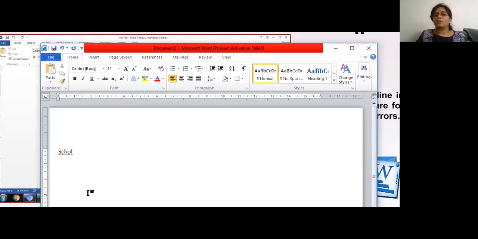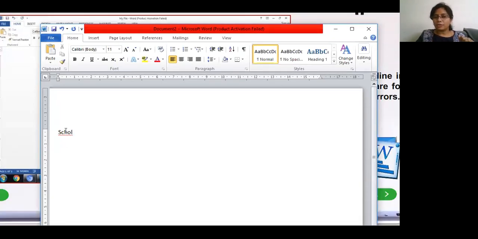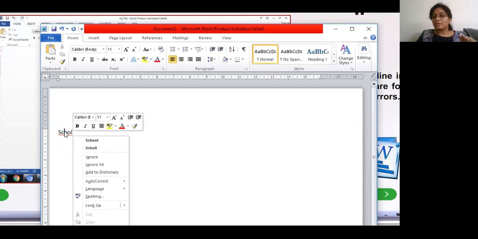Yes. So whenever you get a red wavy line on your words, it means there is a spelling mistake. So how should you correct it? It's simple. Just go to the spelling and do right click. Once you do right click, it will show you some words with the correct spelling.